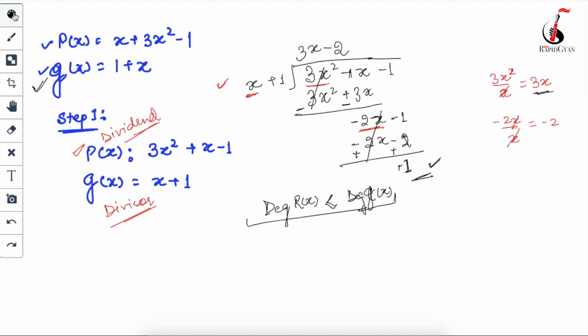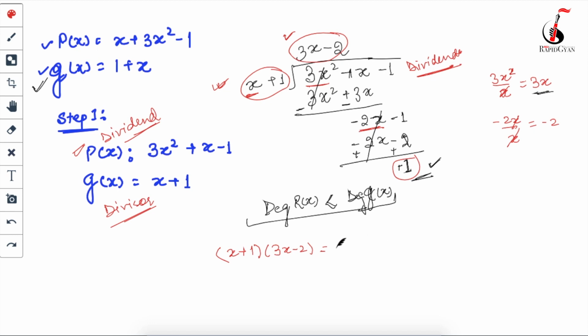Now check here, this one, 3x square plus x minus 1, this is your dividend, correct? And what's the formula we have studied? That dividend is equal to divisor into quotient plus remainder. So let's verify whether the formula is correct or not. I am going to multiply your quotient with divisor. So check here, x plus 1